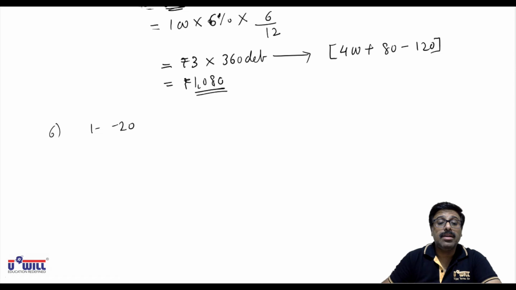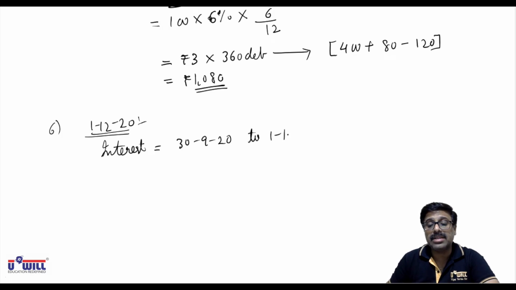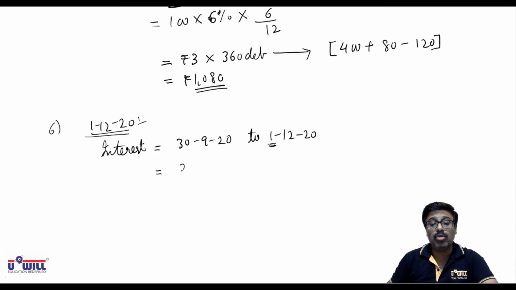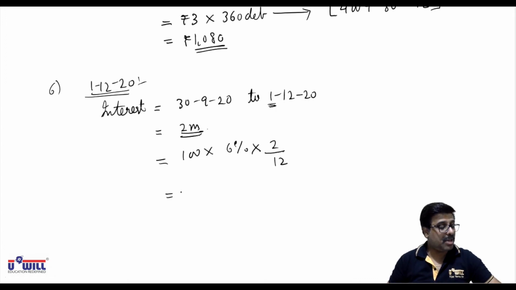1st December 2020. First interest. Before 1st December, when did we receive the interest? Just now on 30th September. So 30th September to 1st December, October and November. December won't be included because it's 1st December. So only October and November, 2 months interest will be received. Count 2 months interest, same pattern for every working so that you don't get confused. 100 into 6% into 2 by 12. 1 rupee of interest will be received,